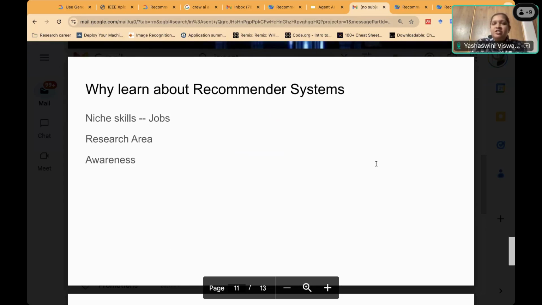And it's a very good research area where you can apply a lot of techniques. It's a research area which is developing, and it has a lot of research already. So you can do your literature review and go ahead and do your innovation and have patents and papers in this space. And the third is awareness. When we see recommender systems all around us, when we use recommender systems all around us, we would like to know how they work.